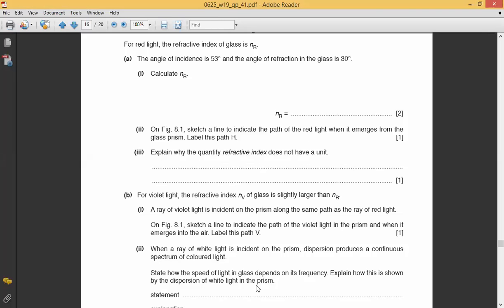Refractive index does not have a unit because we are using the ratio of two identical quantities. We are dividing, or using the ratio or the division of, two identical quantities. So because there's a division, we're talking about